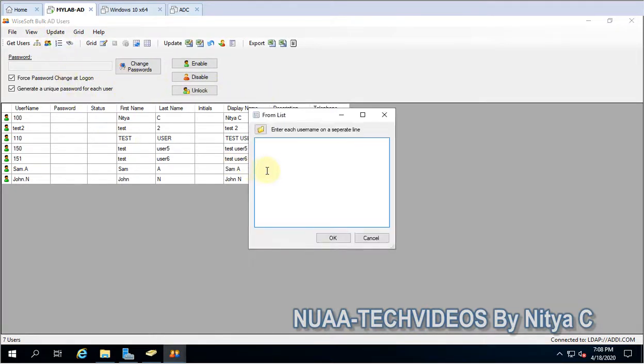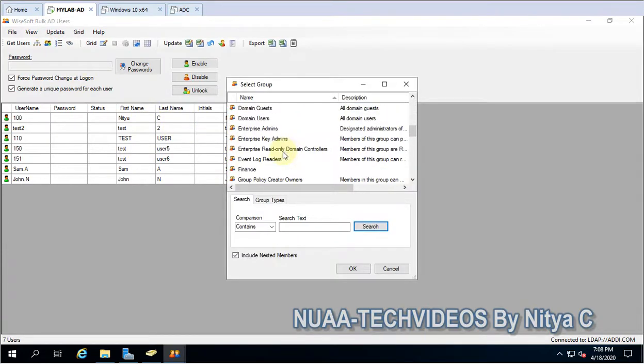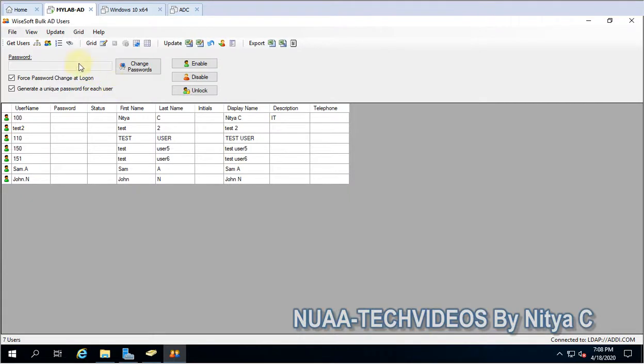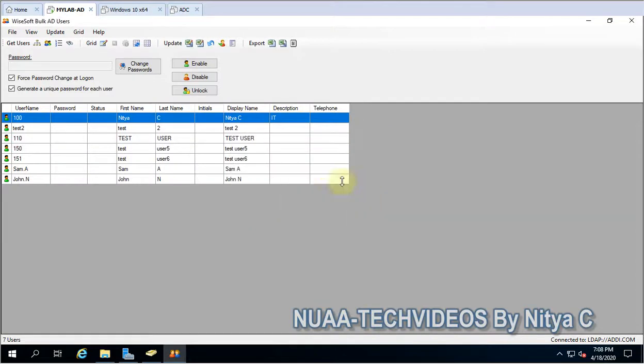If you have the same account name, you can just put it here and all the users will be loaded. If you have any group, you can fetch the users from the group as well. In my case, I am using all users. You can use any container or OUs, or all. I am using all, so all users are loaded. This is my test infra.